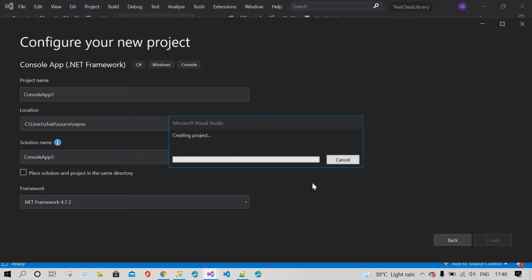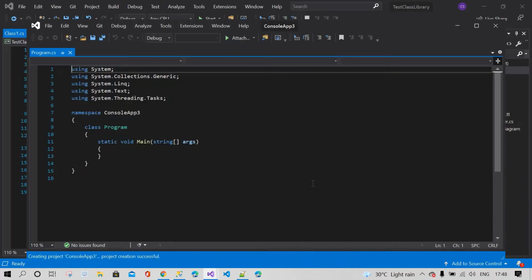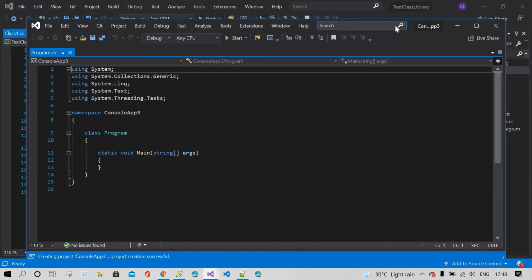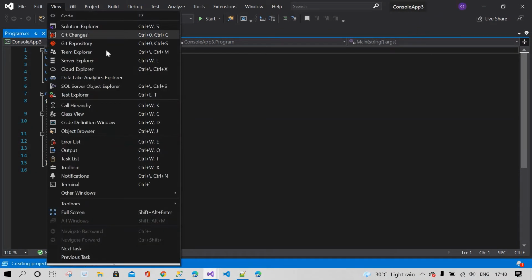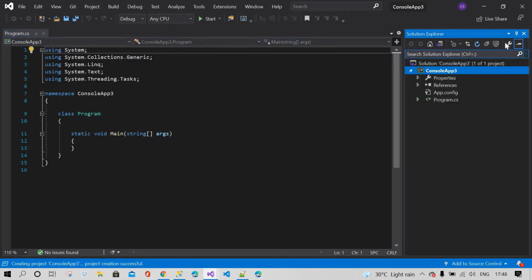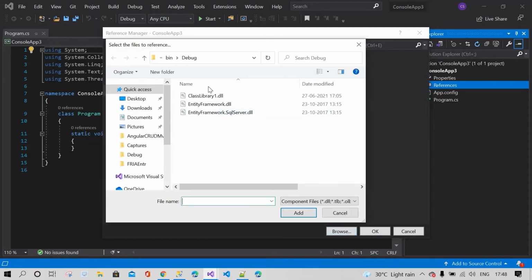Now our next task is to add the reference of the class library to this console application. First of all, go to the Solution Explorer. In the references, you have to add the DLL. You have to go to where the DLL is available and add the reference.